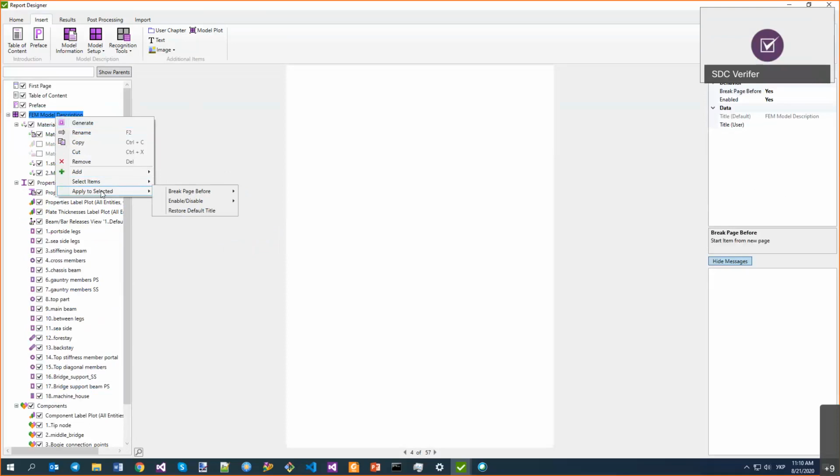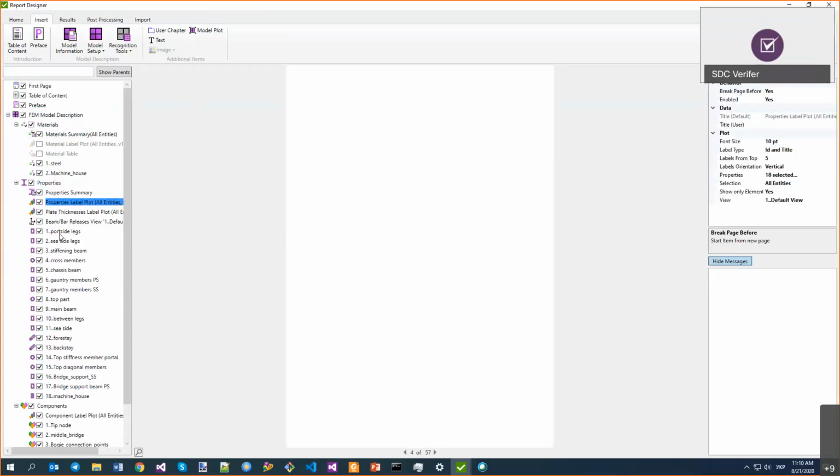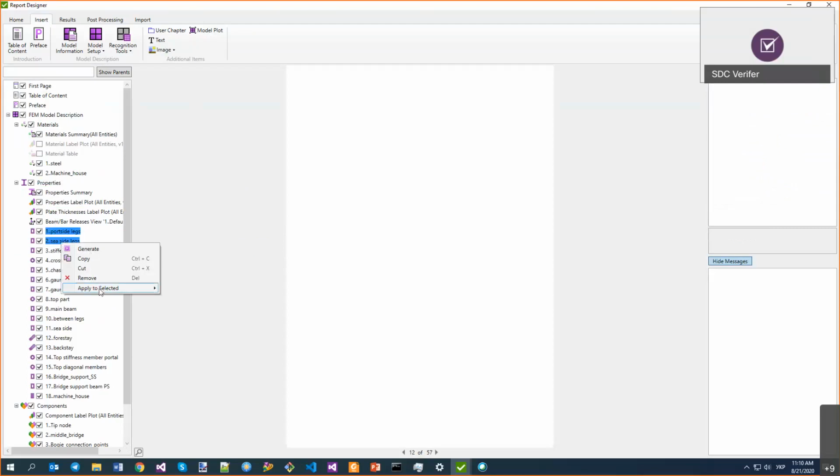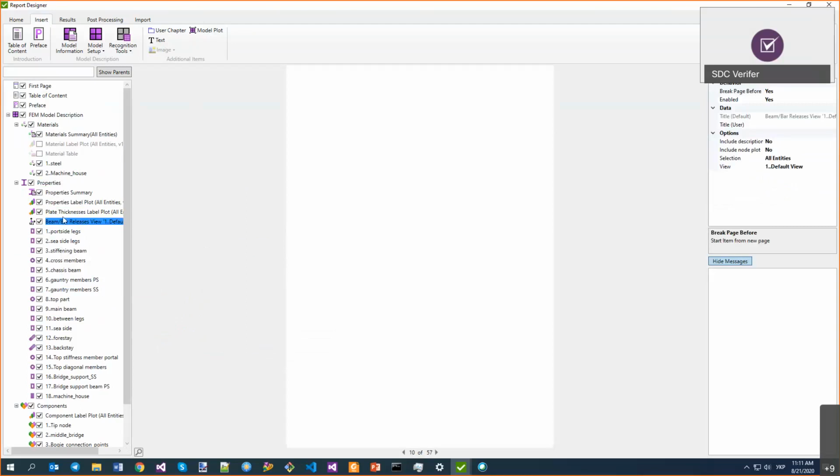This menu has also transformed a lot, and it now depends on what you select in the tree. So if I select, for example, a property description, I see one list of items. If I select something else, the list of commands changes. And a very important moment I want to point out: for example, in our property description,